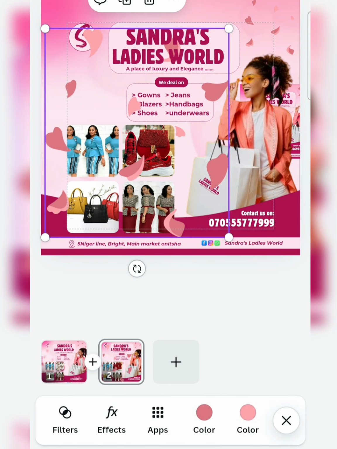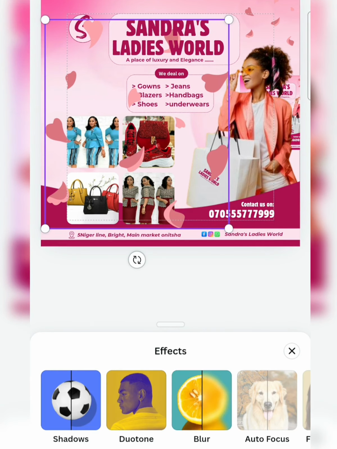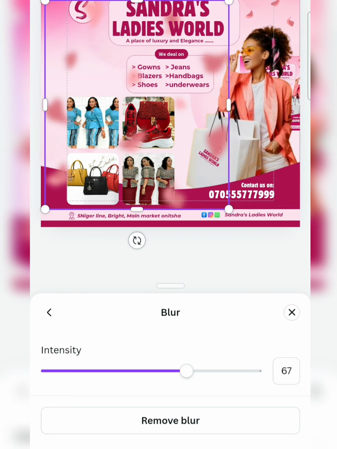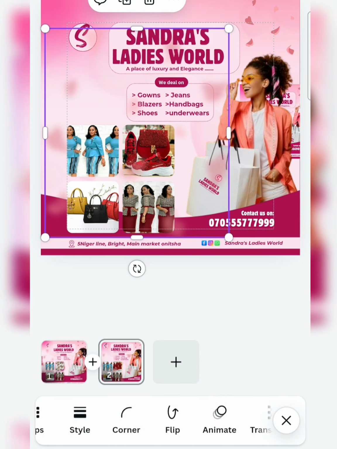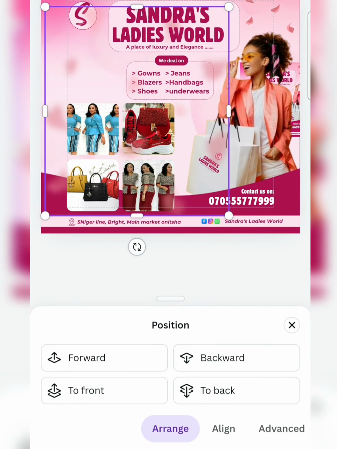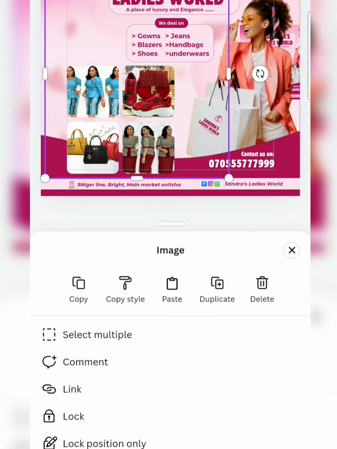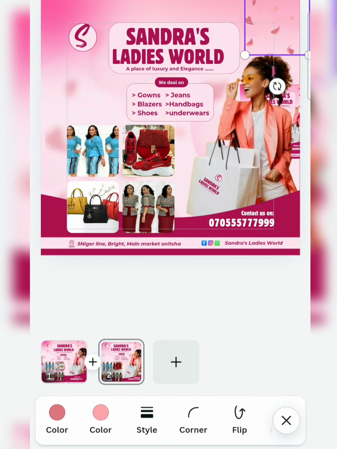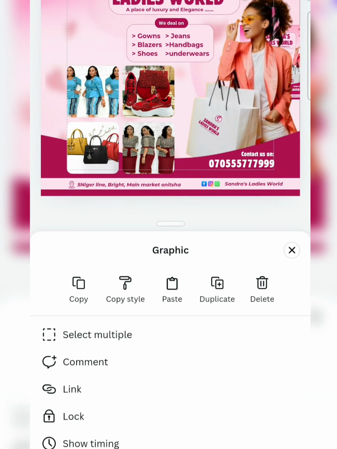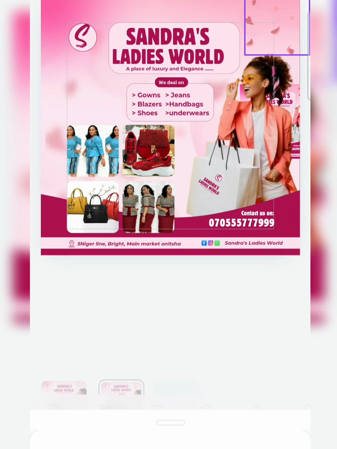Then we move to effects. Move to blur. Let's increase the intensity to 68. Then we also move to transparency. Let's reduce the transparency to 50. And they still be on highlight. Then we click position to back. Okay, so after that we lock up, and likewise this also we lock it up. So with this we have come to the end of our design, and I hope that you will replicate this